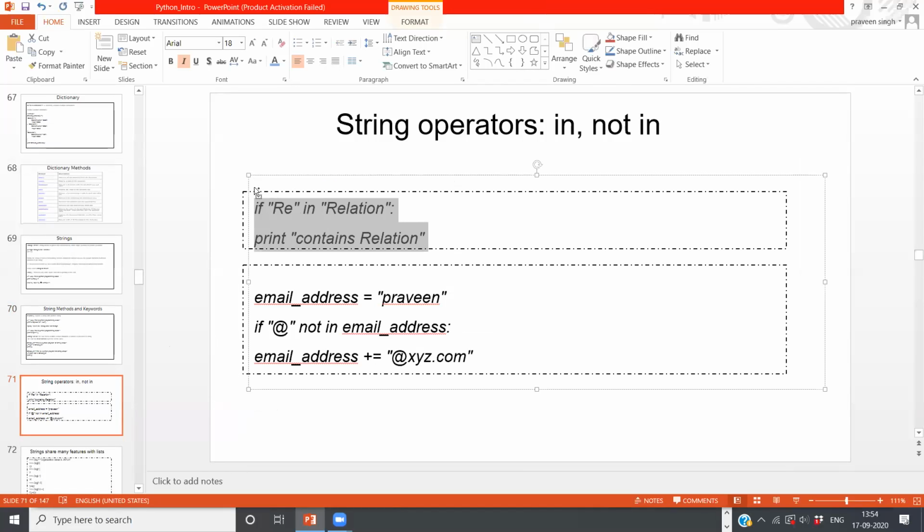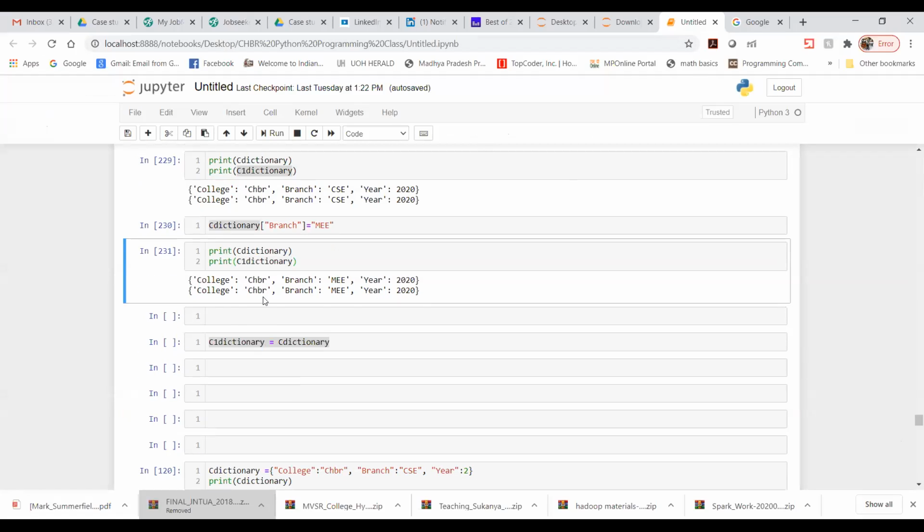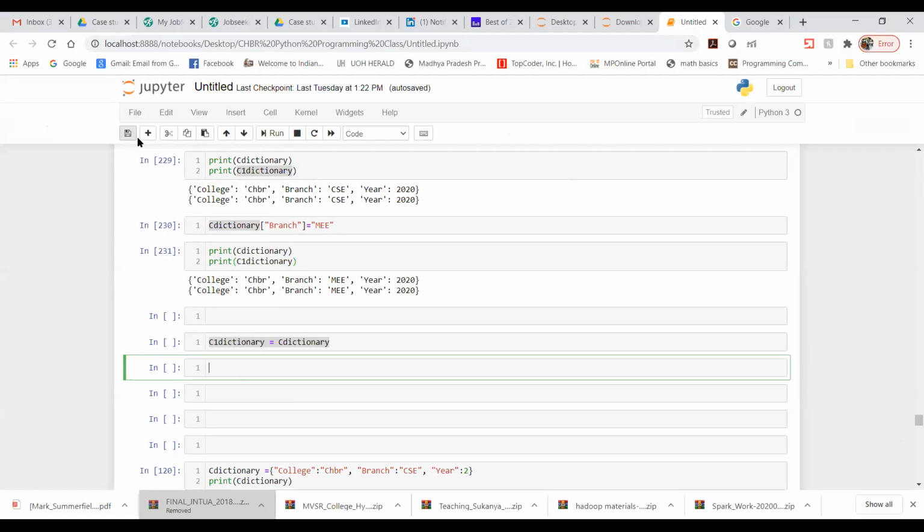I just wanted to show you the example of in and not in. That is why I kept this example here. So let me share my notebook again, and then we will see. Yes, we'll go on.